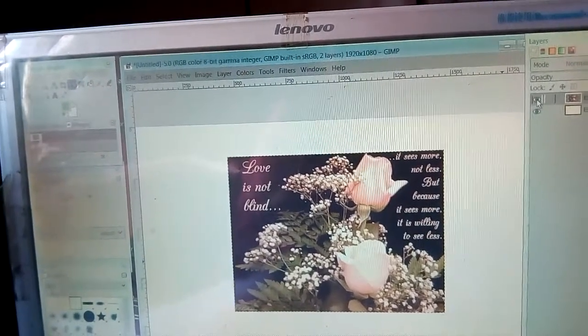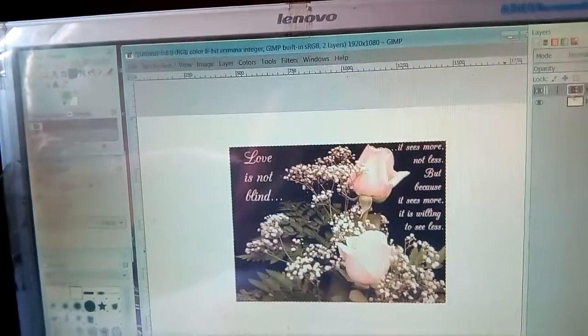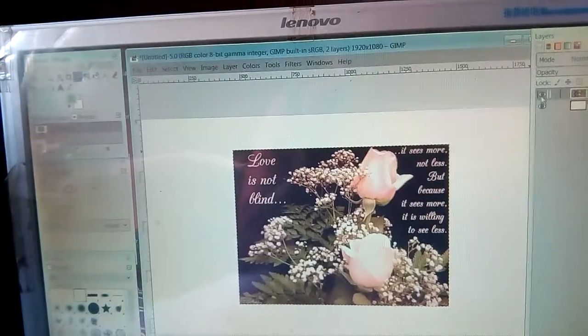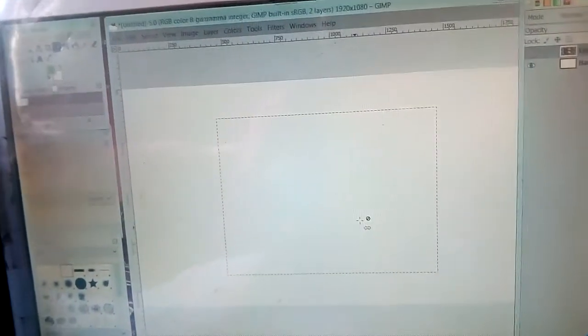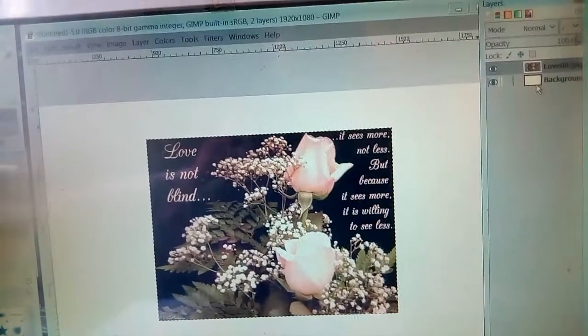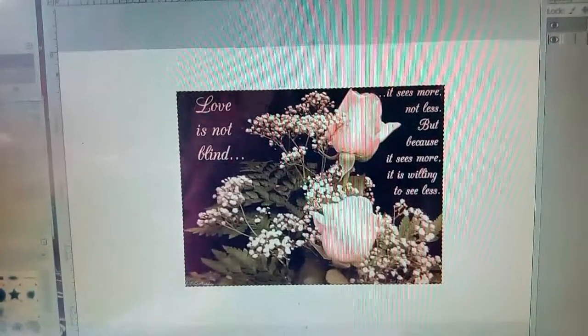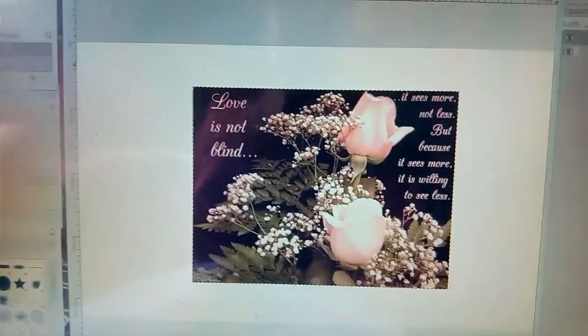If this eye symbol is there beside this layer, that means it is active. If you deactivate it, then you can see the image will close. To activate this layer again, you have to click beside this layer dialog. When you click, the eye symbol will come, which means it is active. So this is the way to activate the layer dialog.